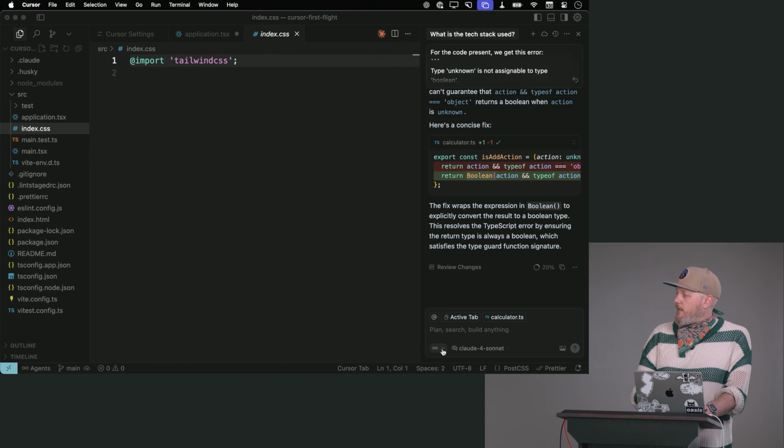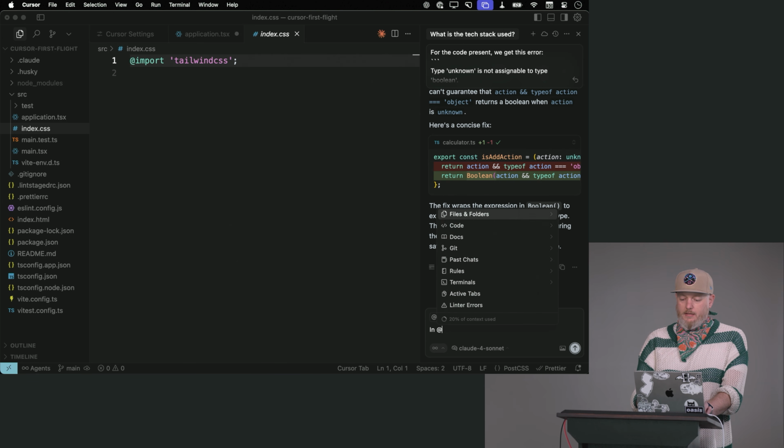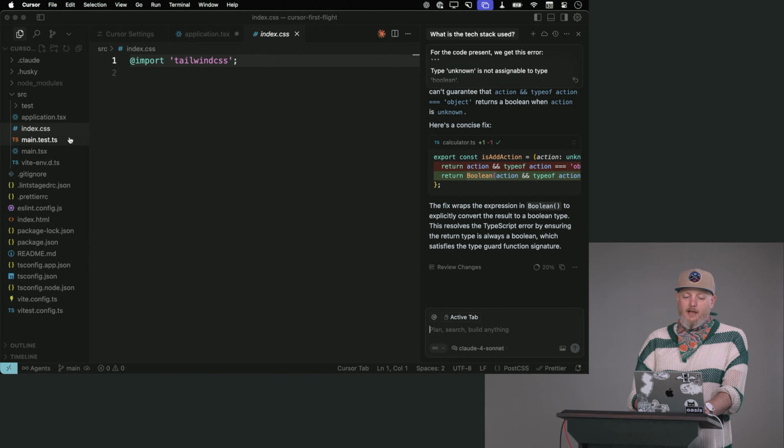And now let's progressively move up to wilder modes. We're in agent mode here. And I'm going to say at, so I can make a new file. I don't trust it all the time. So we're going to make,